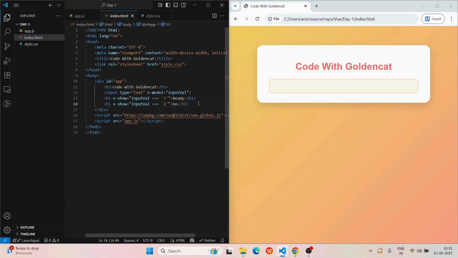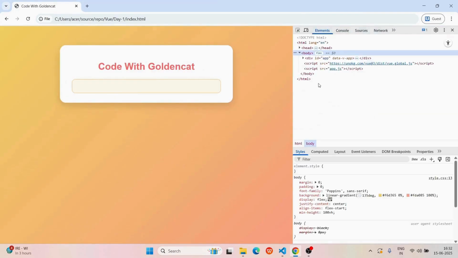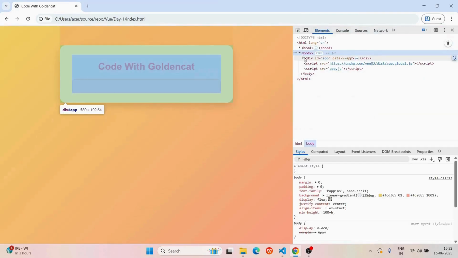Now to demonstrate the difference between v-show and v-if, I'll need to change one of the h1s here to v-if. So now we have two headings here. One that is using v-if that says ready, and then another heading that uses v-show and is saying go. Now if I go back to my web page and reload this, and then open the developer tools and go to the div,